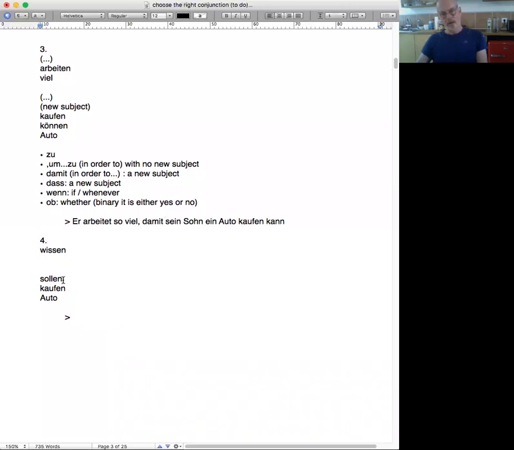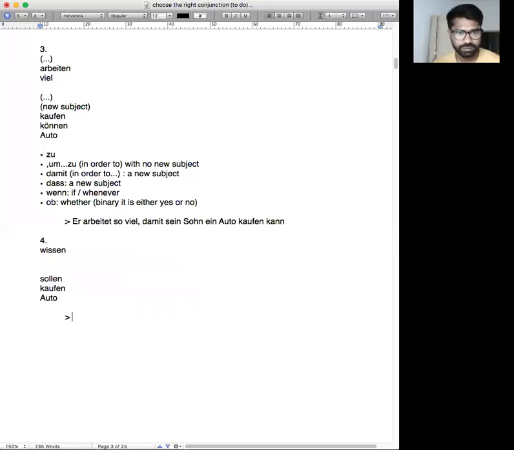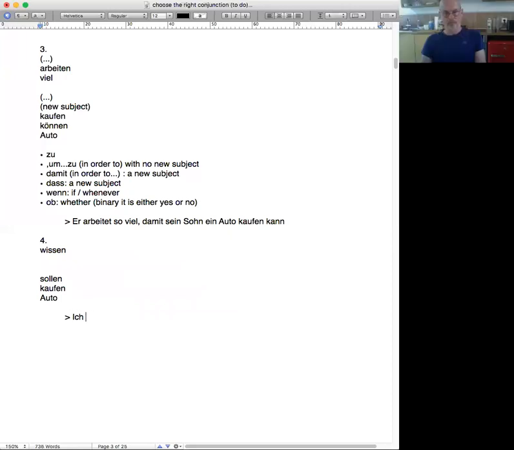Wissen in the first clause, sollen kaufen Auto. Ich weiß es nicht. Wenn ich ein Auto kaufen sollte.